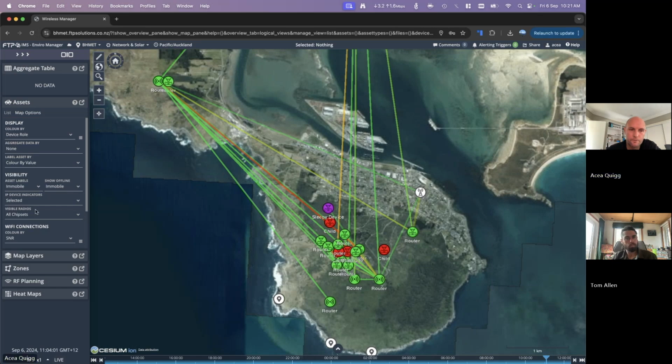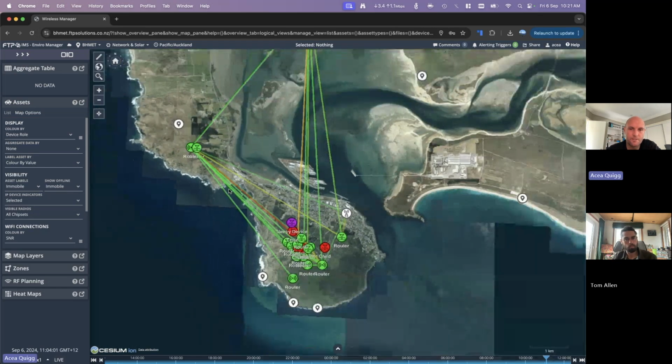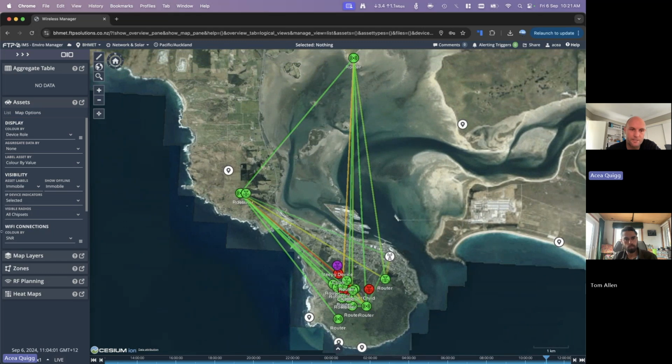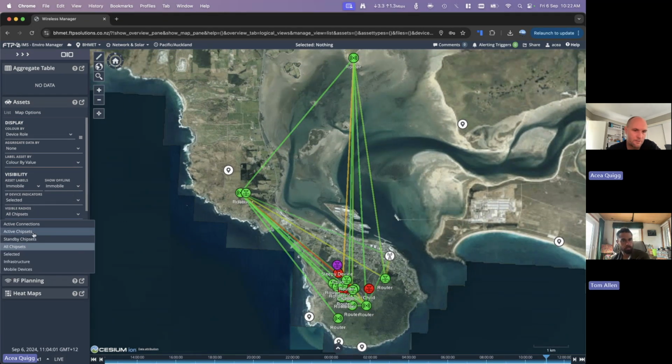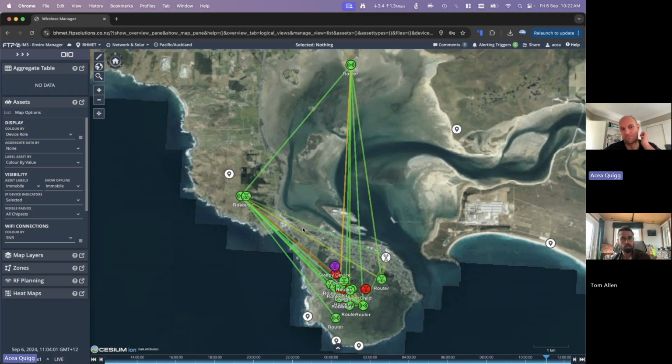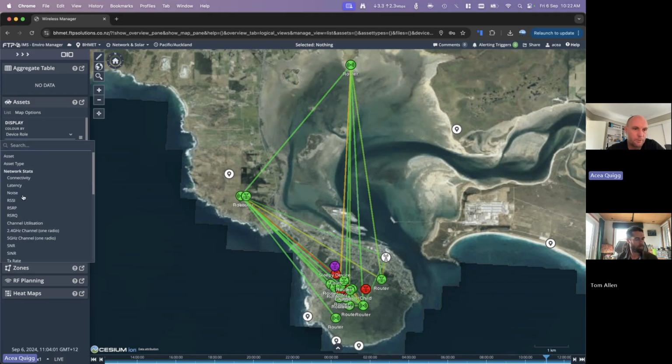So to truly visualize the mesh and the options for mesh connectivity, you need visible radios set to all chipsets or active chipsets. It's a big one. Otherwise, you just chase your tail trying to understand what's happening. Cool. So moving down the map options, we've got the ability to visualize asset data using